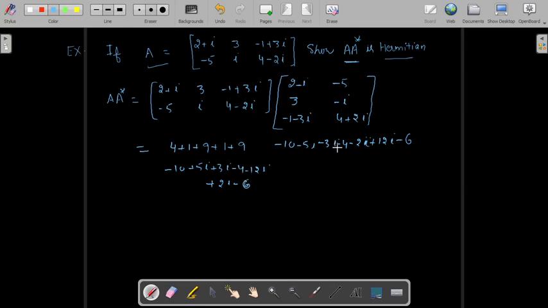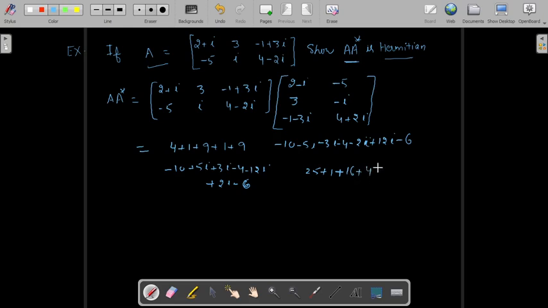Similarly, second row, second column. So this becomes 25. This is iota into minus iota square, so this becomes plus 1. Next, 4 minus 2 iota, 4 plus 2 iota, a square plus b square. So this becomes a square minus b square. So 16